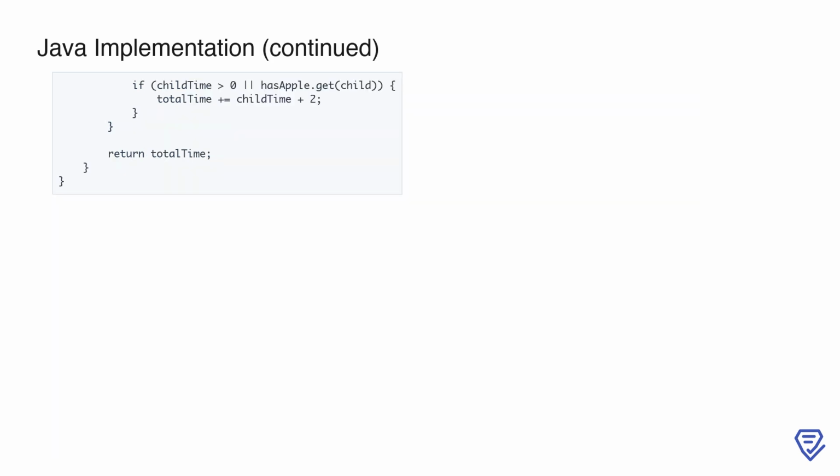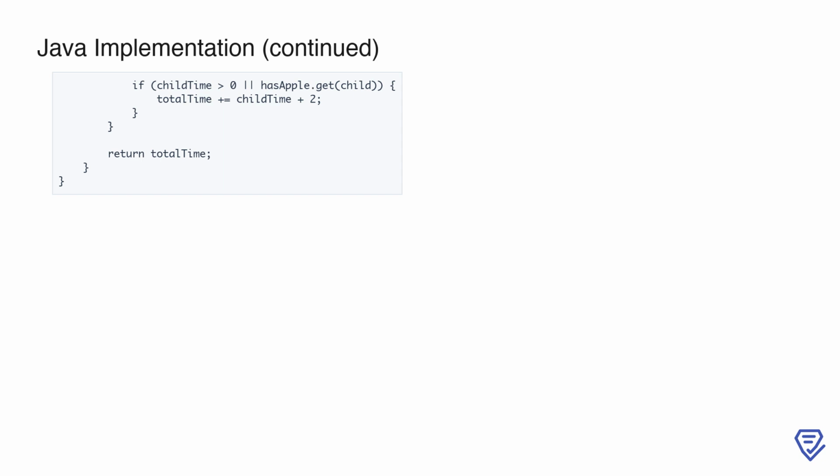In the DFS helper method, we initialize totalTime to 0. This variable will accumulate the time spent traversing the tree from the current node. We then iterate over all the children of the current node, which are retrieved from the adjacency list. If a child node is the same as the parent, we skip it to prevent revisiting the node we just came from. For each child, we recursively call the DFS method to calculate the time required to collect apples in